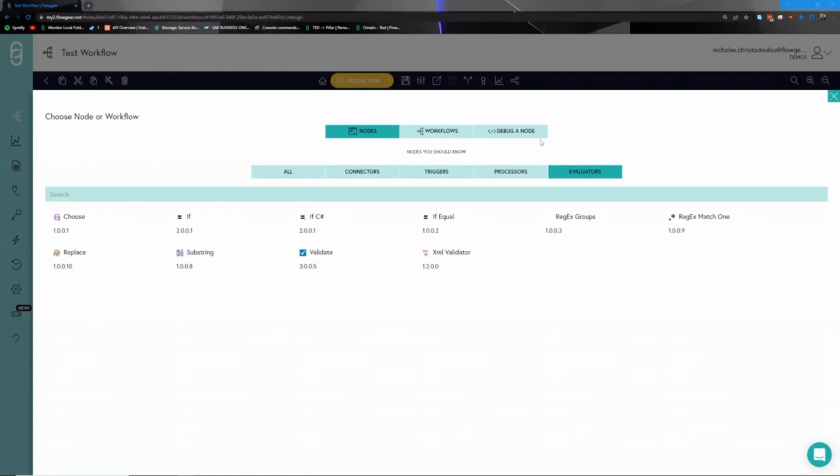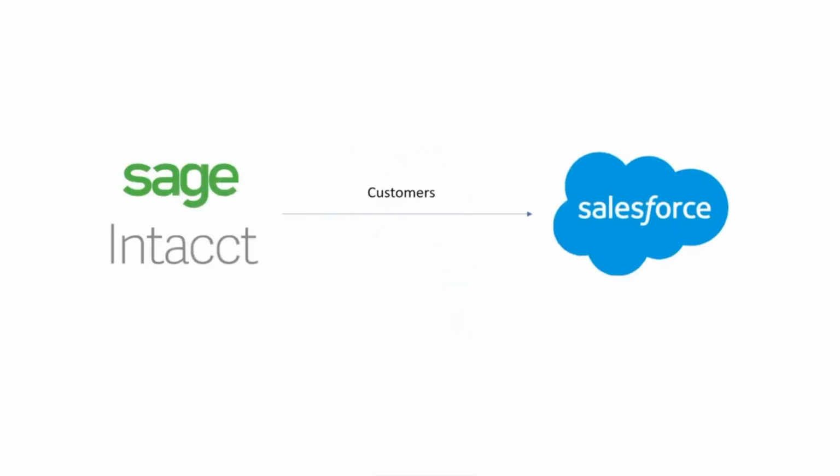These four categories encapsulate all the tools that Flowgear provides the integrator, allowing you to build both simple and complex integrations within the scope of a simplified experience. For this demo, we're going to be looking at the movement of customer data from Sage Intacct into